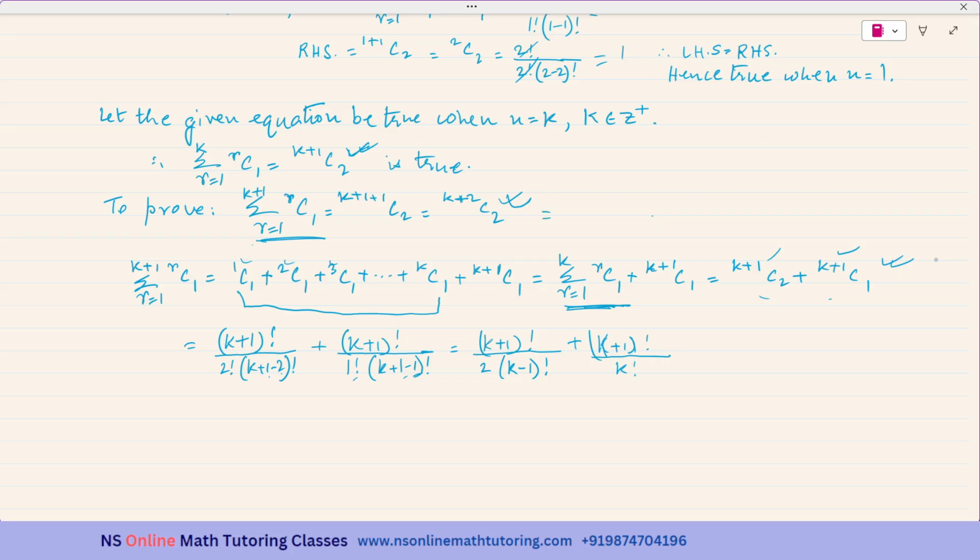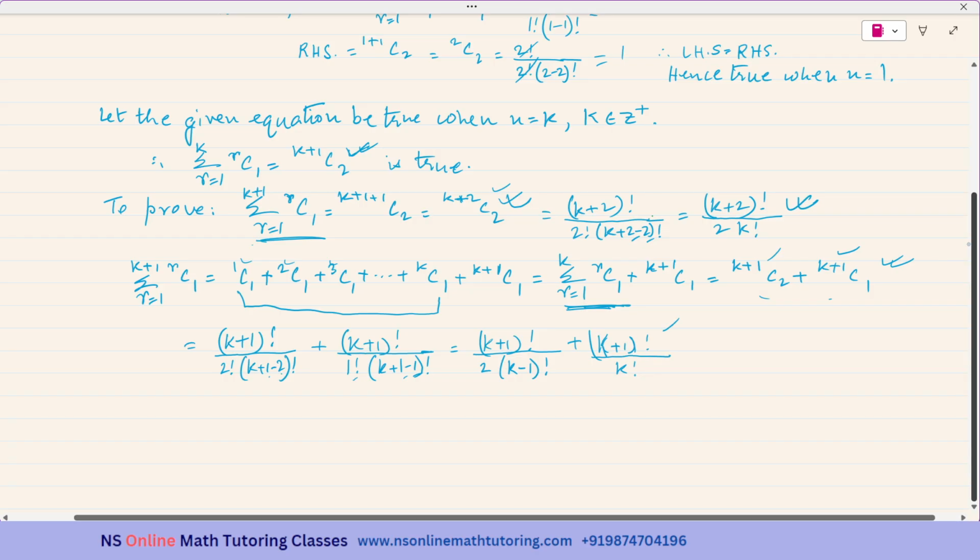And let us just see what is this expression equal to. It is K plus 2 factorial over 2 factorial and K plus 2 minus 2 factorial, which is equal to K plus 2 factorial. 2 factorial is 2, and this plus 2 and minus 2 will be getting cancelled. So it will be 2 times K factorial. This is what we have to come to. Okay. And right now we are at this stage.